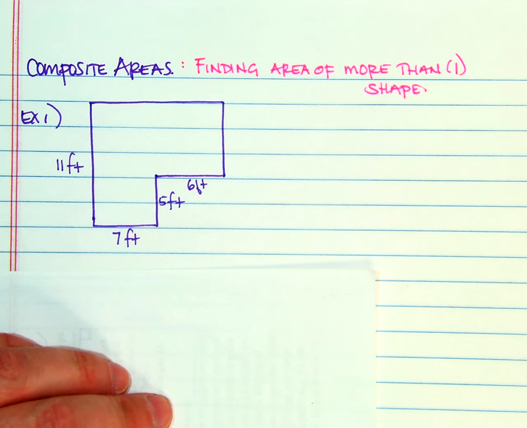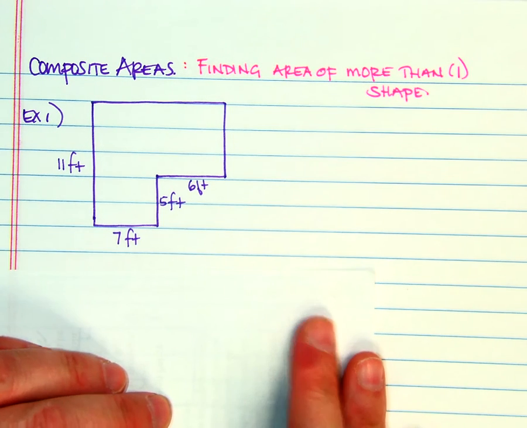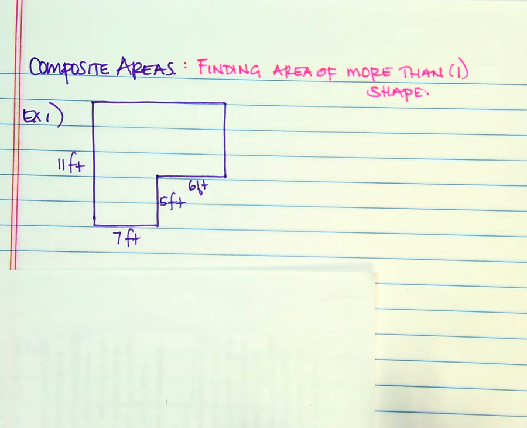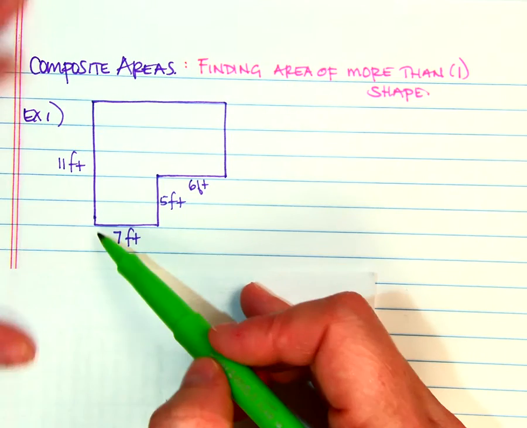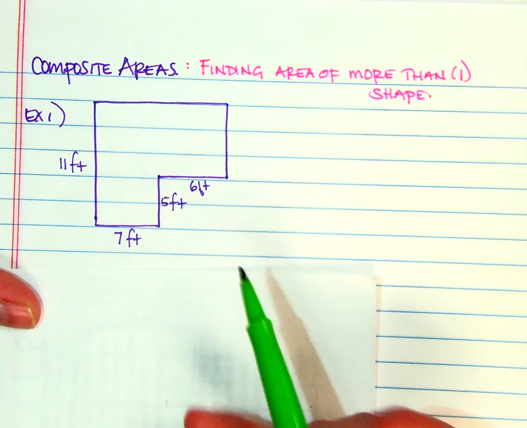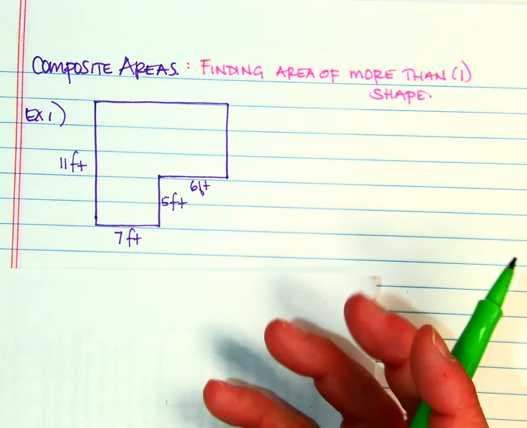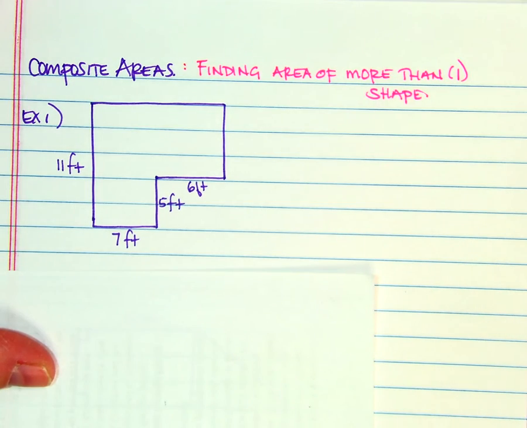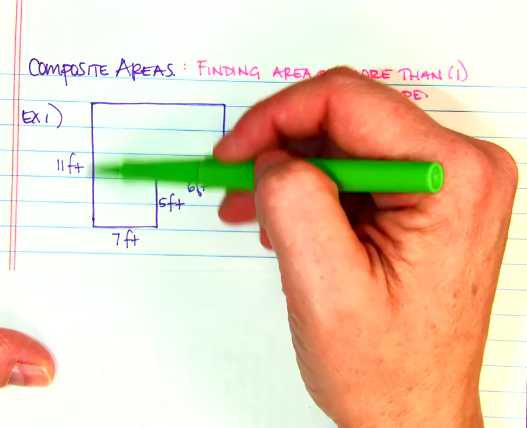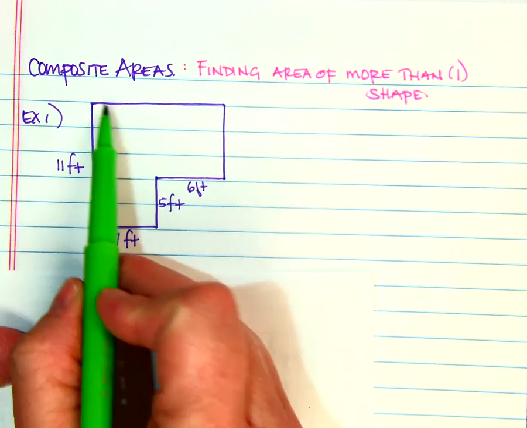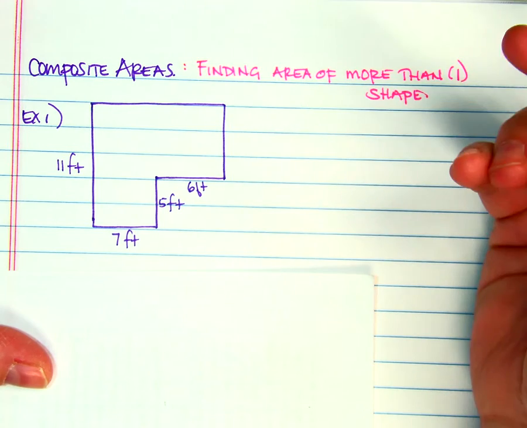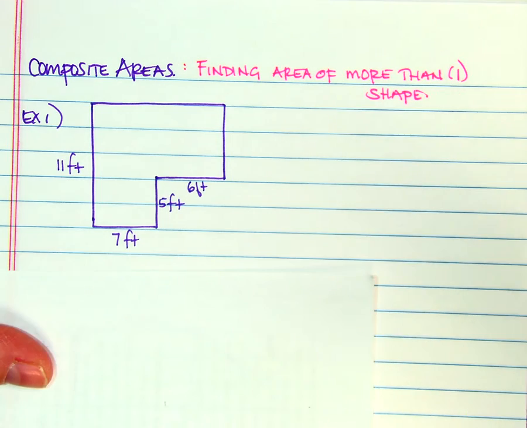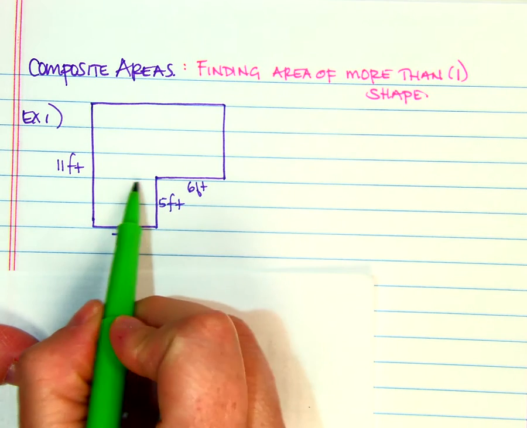And for the most part, it doesn't really matter where you cut the shape up as long as you can find all the measurements that you need in order to find the area of that particular shape. So I'm looking at this, and I can divide it into a whole bunch of shapes if I wanted to. I'm trying to do the least number possible. So I know that this length is 11. I don't have this, and I don't have this. So I'm going to start off by dividing it into different shapes. So if I divide it there,